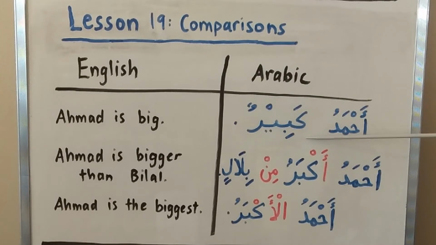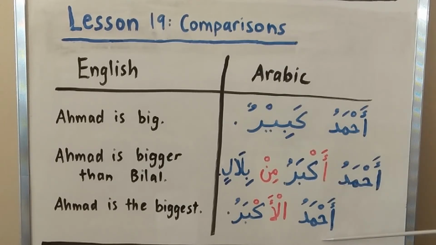To become a comparative form, we take our adjective and we add an alif hamza with a fath at the beginning and change the first syllable to become sakin. Ahmadu akbaru, and we also add the word min after when we're making a comparison with something else. Ahmadu akbaru min Bilalin. If we had just stopped after akbaru, that just means Ahmad is bigger, but we're not comparing explicitly to something else. We're just putting it into comparison form.